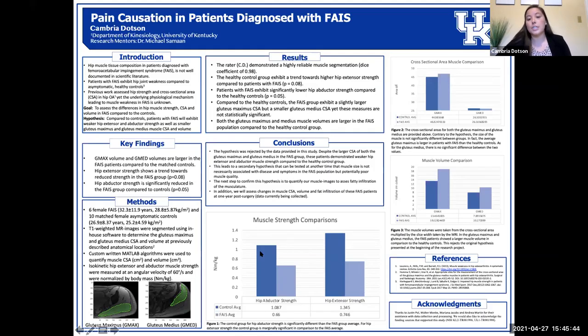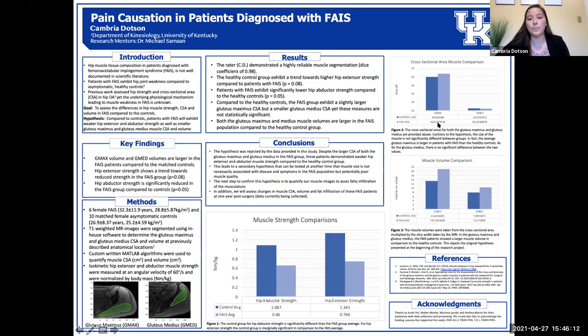The hip abductor strength is statistically significant and the hip extensor strength is marginally significant. So obviously you can see here that the strength in these two motions is much weaker. However, when we move over here to these graphs on the right-hand side, we examine the cross-sectional area and the muscle volume comparison. So when it comes to the cross-sectional area, surprisingly for the FAIS patients, they had a larger